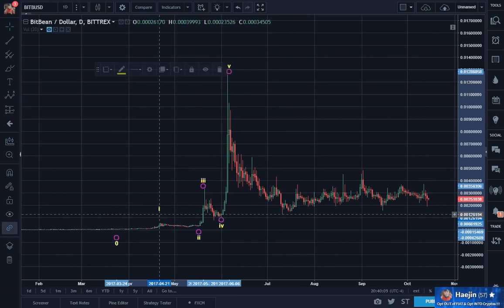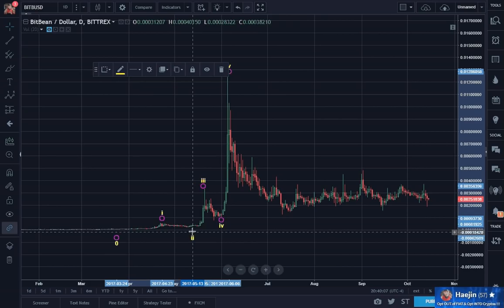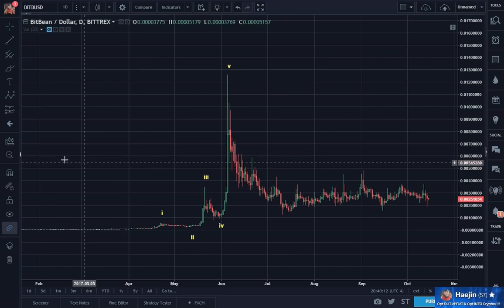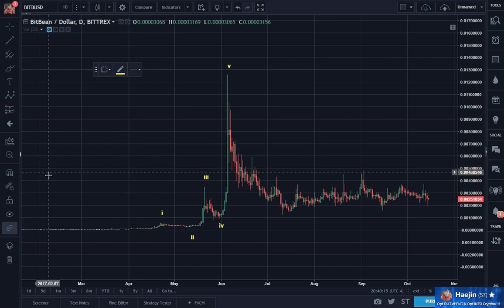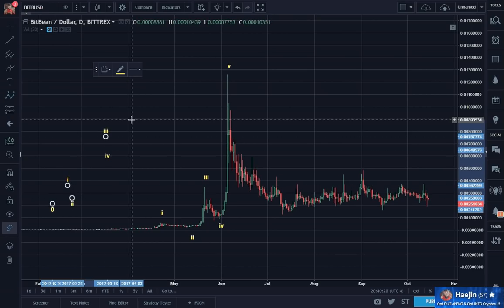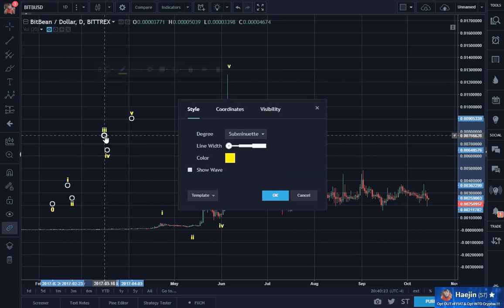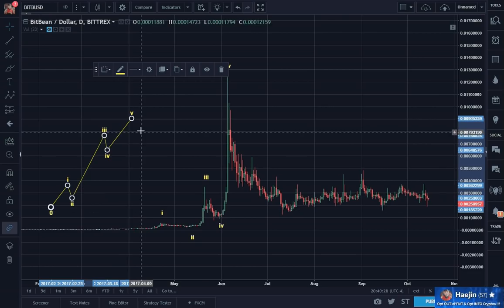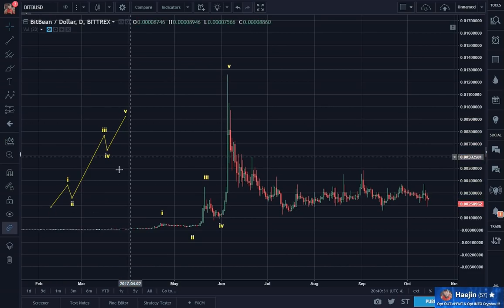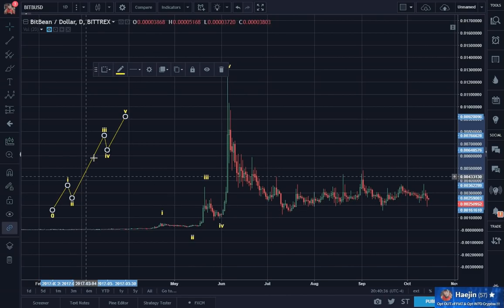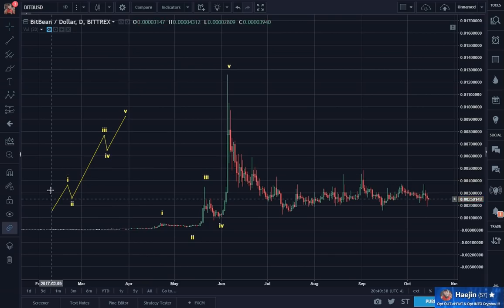Now, I have been saying this as many times as possible: if you look at equities, if you look at stocks, you see their waves typically like this. Now in Elliott waves, just to give you an intro, there are 5 waves. Each wave is interrelated to each other: 1 to 2, 1 to 4, 2 to 3, 3 to 2, etc.